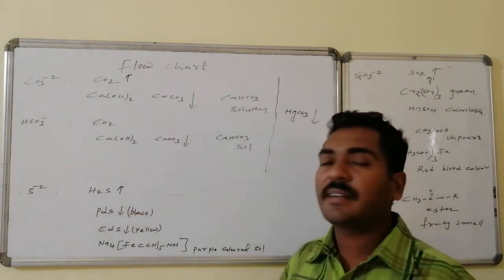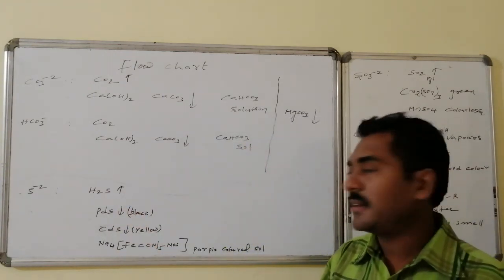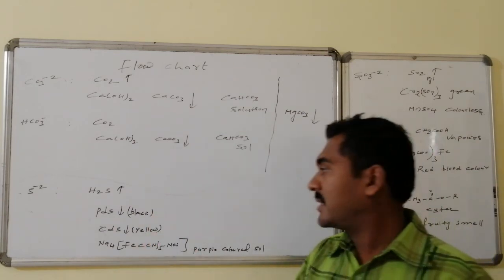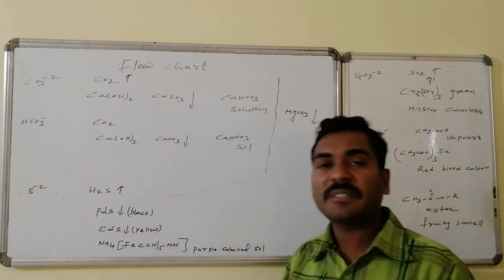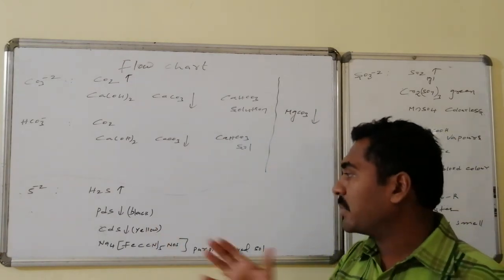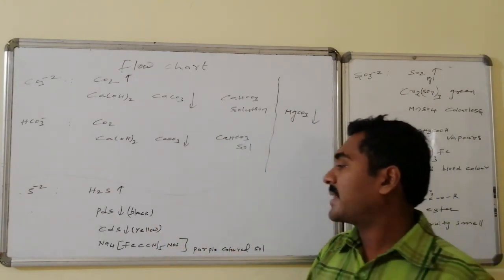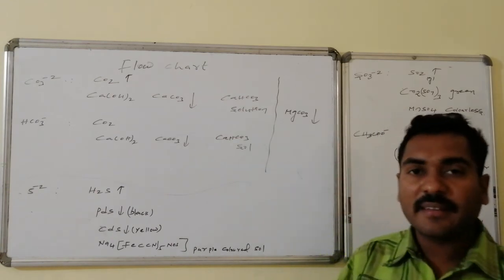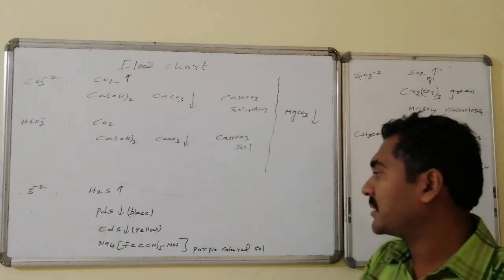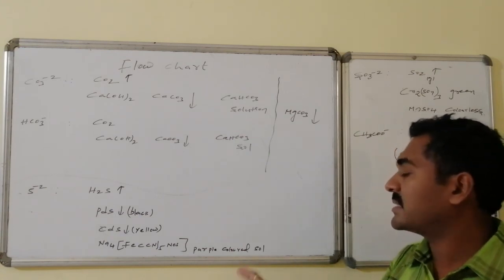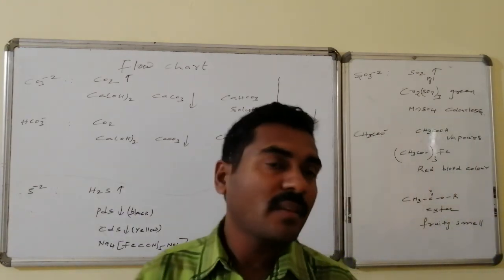And sulfides on reaction with acid followed by heating give hydrogen sulfide. These on reaction with lead acetate give black lead sulfide formation. On reaction with cadmium acetate, yellow colored cadmium sulfide forms. Whereas on reaction with Na2[Fe(CN)5NO], sodium nitroprusside, these are converted to Na4[Fe(CN)5NOS], which has a purple colored solution.